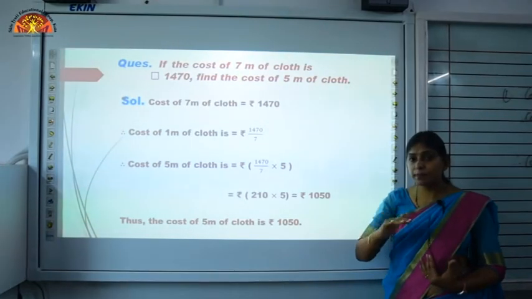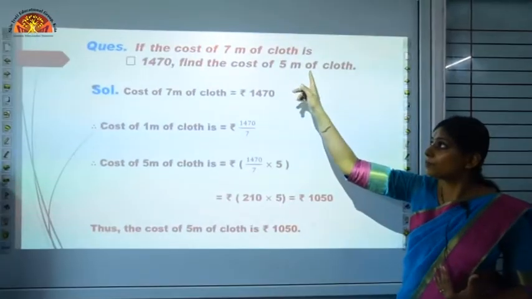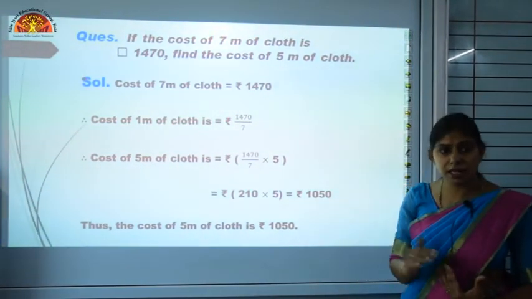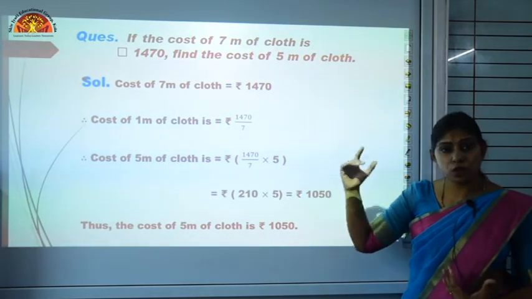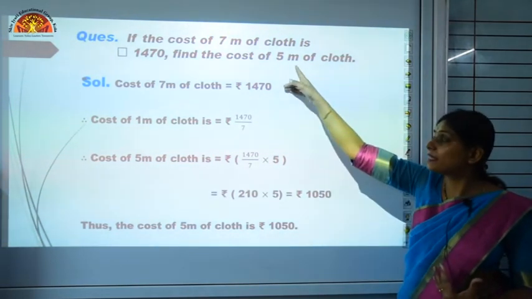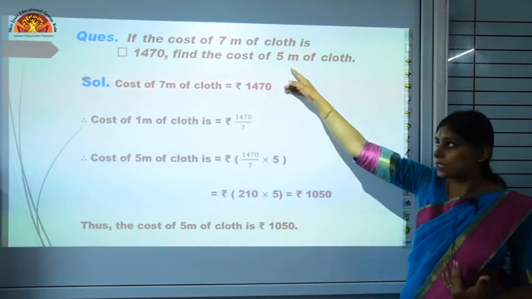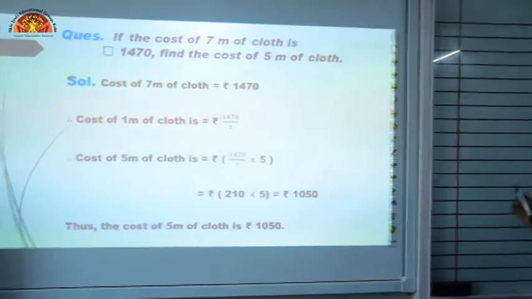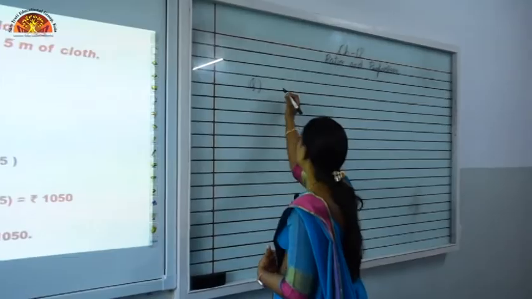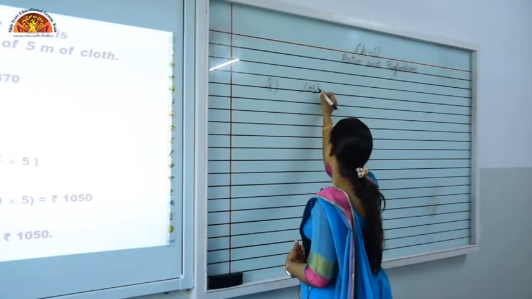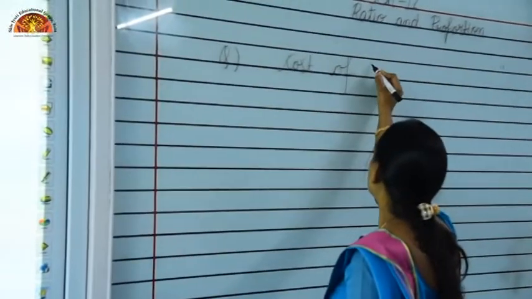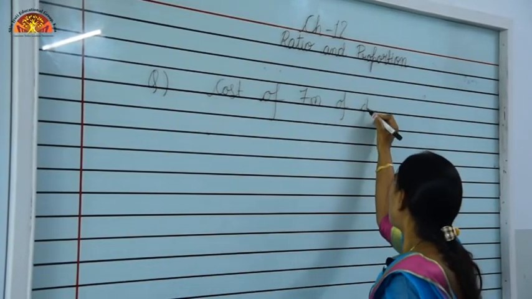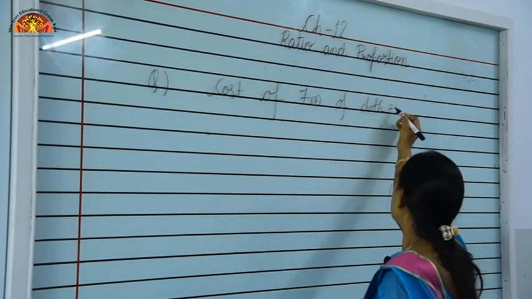तो यूनिटरी मेथड के अकॉर्डिंग हमको 7 मीटर का कॉस्ट दे रखा है. तो सबसे पहले हमें 1 मीटर ऑफ क्लॉथ का कॉस्ट निकालना पड़ेगा और जो भी 1 मीटर ऑफ क्लॉथ का कॉस्ट आएगा उसको हम 5 मीटर ऑफ क्लॉथ से मल्टीप्लाई करेंगे. So we will just solve this question on the board. So as per the question, what is given, cost of 7 meter of cloth is equals to